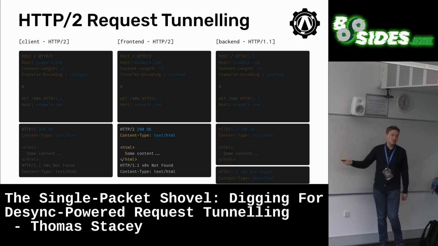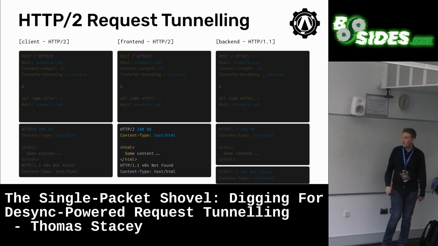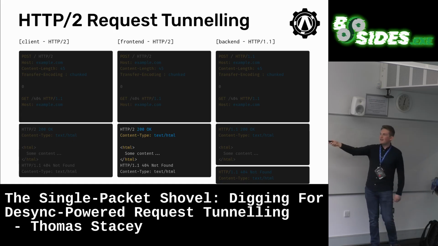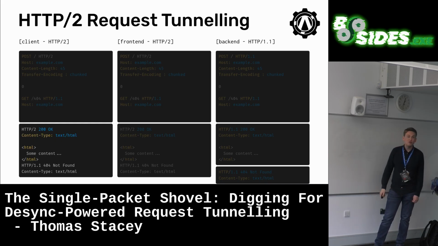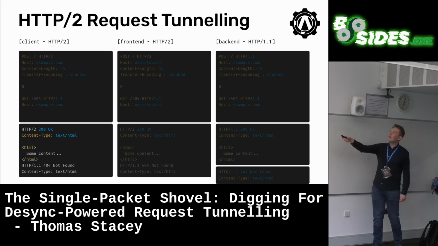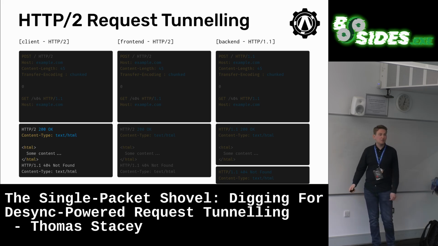It doesn't know that there are 2 responses here. It just receives a bunch of bytes in a row and goes, okay, and stitches them together. And suddenly, you have an HTTP2 request with an HTTP1 response in the body of the response, and that gets sent back to the client. You have now successfully tunneled a request past the front end that the back end actually interprets, but the front